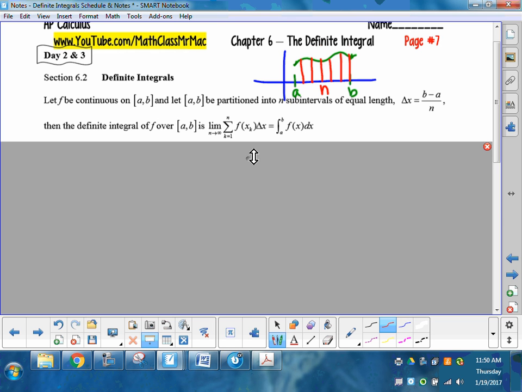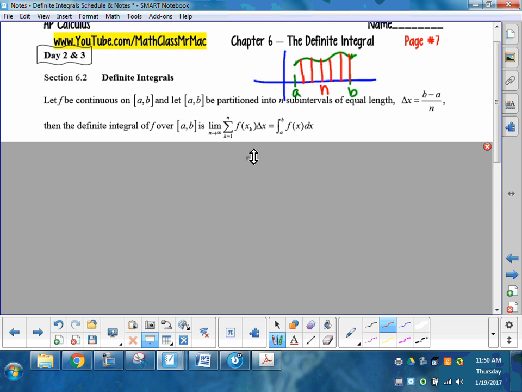Like 5, 10, 15. By the way, what happens to the approximation of the area under the curve as n gets bigger? It gets more accurate. Looking at that, they're all of equal length. That's another thing that you have to know. We make them of equal length. Now,